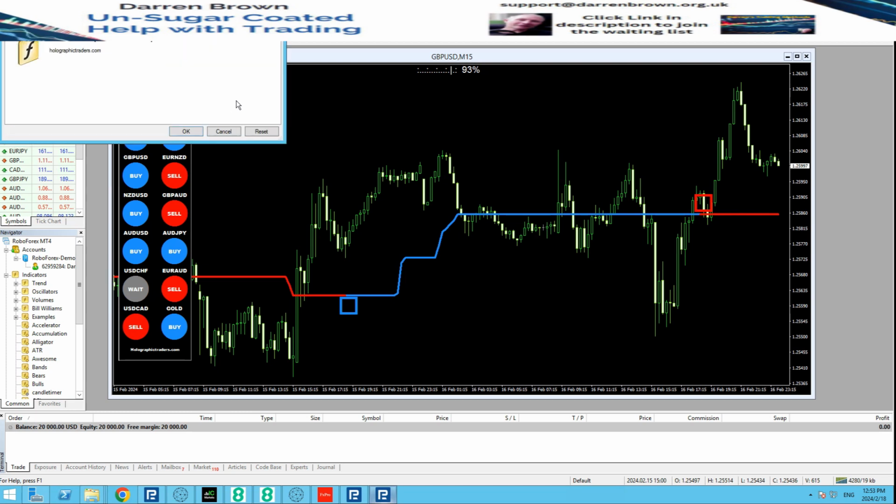Which you want to hit edit, and then the same thing applies. Make sure that you've got these ticked inputs. This is where you need to check to make sure that your symbols are correct. So if we've got a prefix with your symbols,